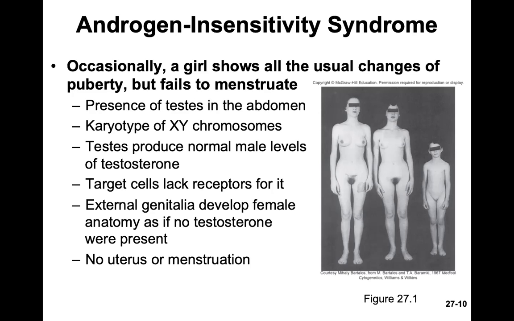So they're developing all of these characteristics, breasts, hips, etc., around the time of puberty, but they don't menstruate. And so, of course, if they're developing these secondary characteristics, then it's expected that they will eventually menstruate. So if they don't, then they need to go and do further testing on